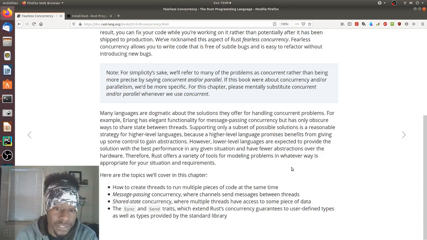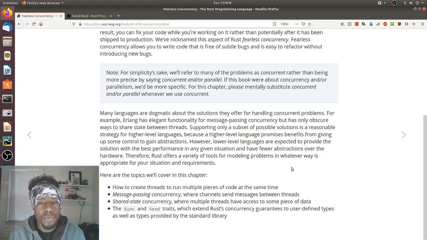Many languages are dogmatic about the solutions they offer for handling concurrent problems. For example, Erlang has elegant functionality for message passing concurrency, but has only obscure ways to share state between threads. Supporting a subset of possible solutions is a reasonable strategy for high-level languages, because a high-level language promises benefits from giving up some control to gain abstractions.